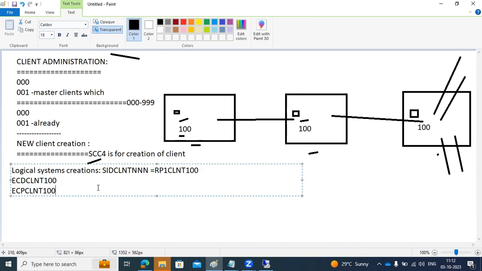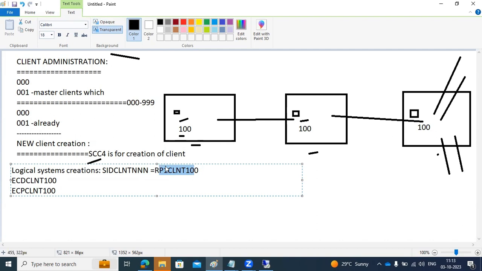This logical system will differentiate the client, the data flow, and everything here. So a logical system identifies the client within the landscape. When you create it, the differentiation simply happens: this is the ECD 100 client, this is the ECP 100 client, this is the RP1 100 client,